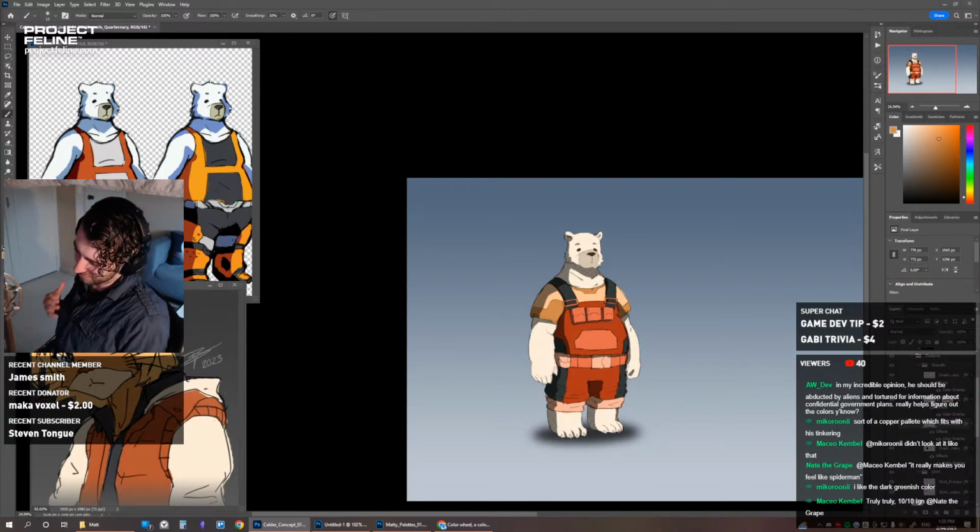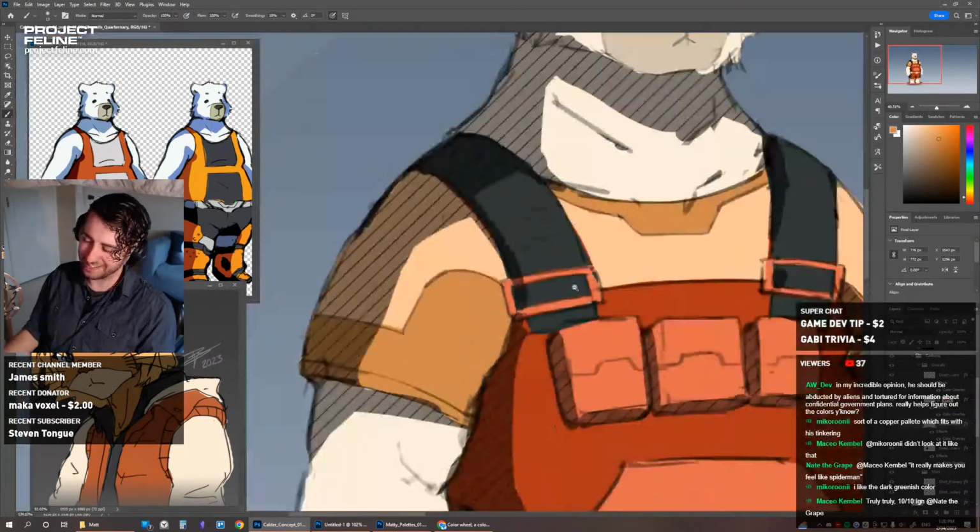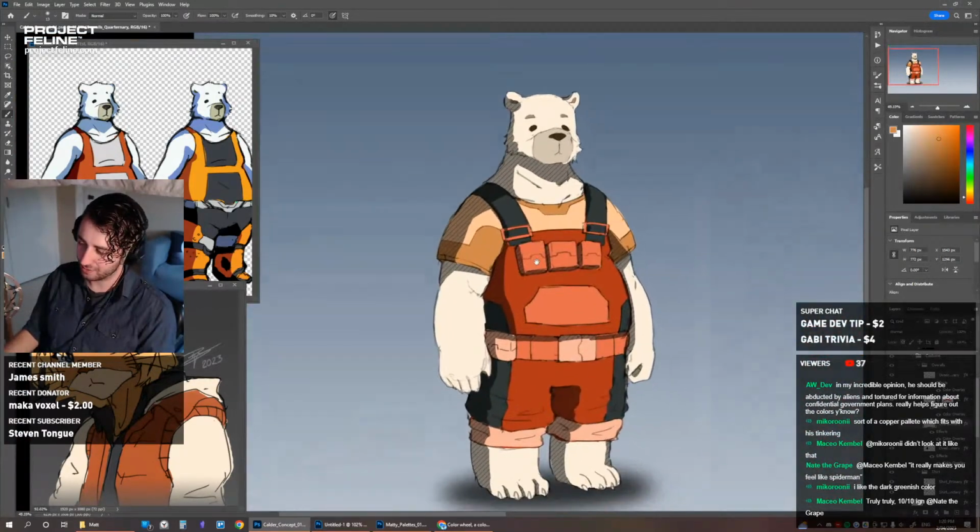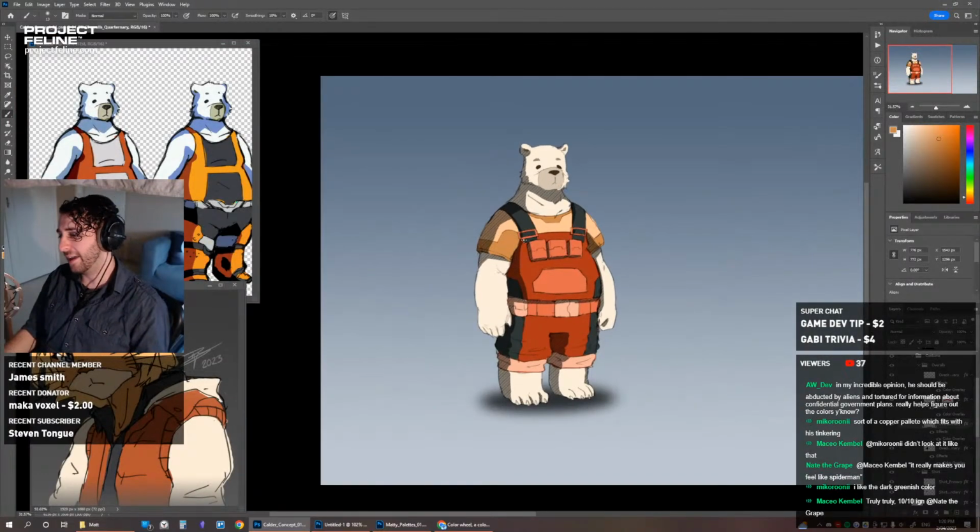It is technically green, but it's a dark, desaturated green. I like that shade with the red. I just don't like it with the gold.